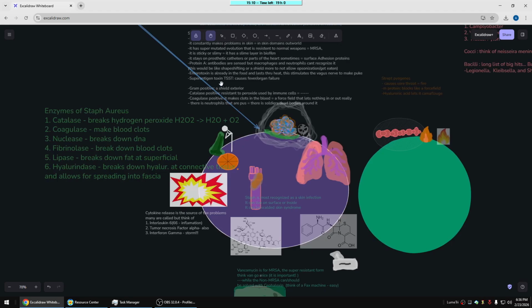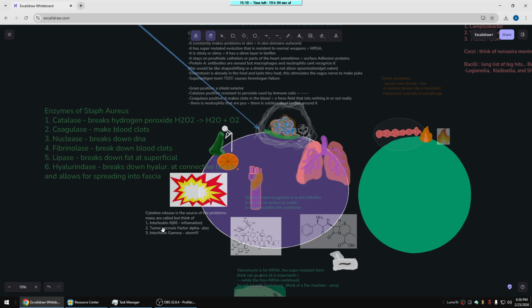Then there's a super antigen, TSST. It causes severe organ failure or fever, and this can kill you. But those are the two toxins. These are the two biggest toxins that you should know about. There are many toxins in this, and there's a cytokine release. So the cytokine release is a storm actually. I should put a tornado, but